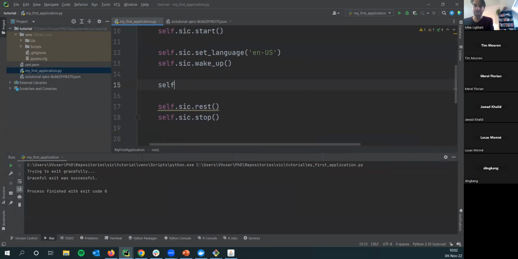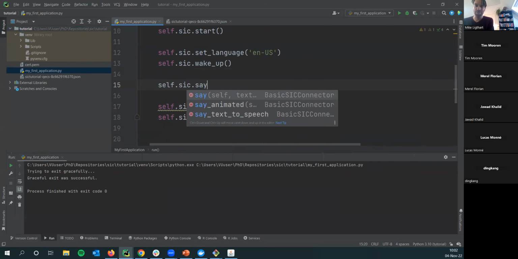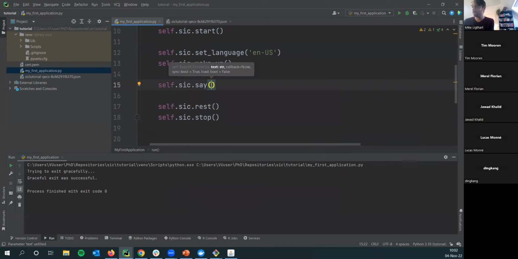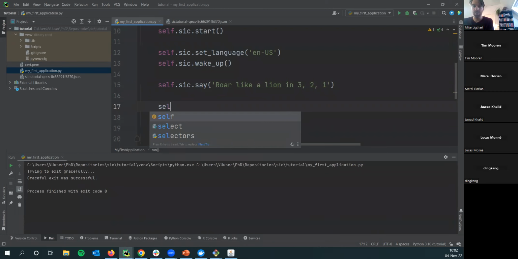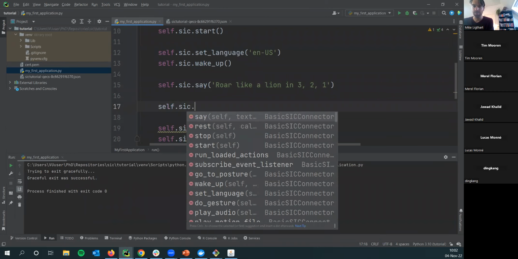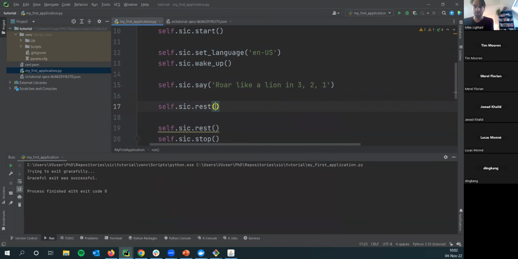So I always love to see this happen in practice. So in this case, we want me roaring like a lion. So the robot will count down, and then I want to make it record